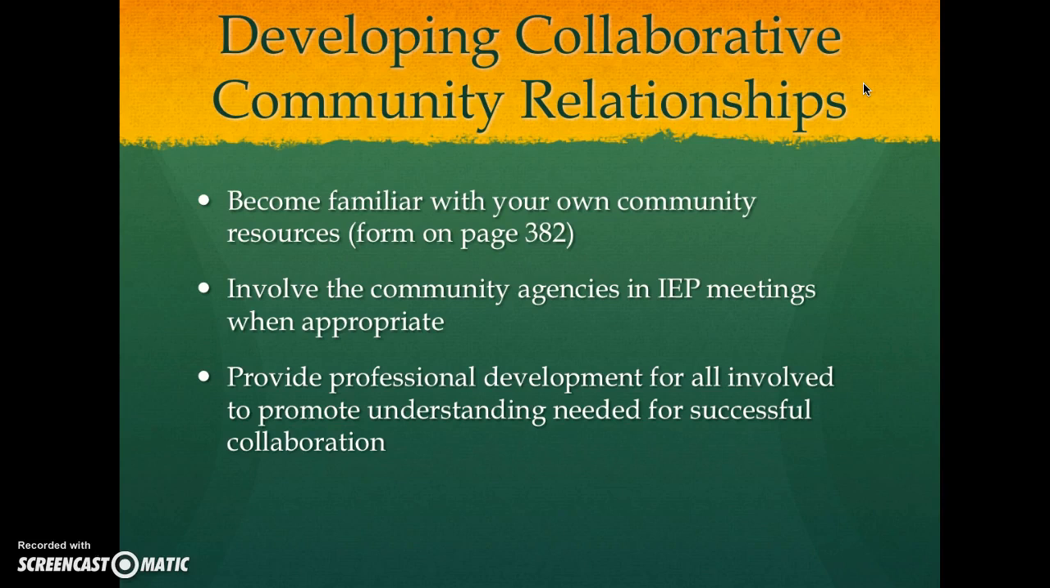So we do need to become familiar with our own community resources, and if they are limited, those that are available outside the community for specific needs. There's a form on page 382 that's a nice kind of laundry list of what we should know. And hopefully your school has that kind of information or someone there does. But if not, it would be important for some folks on a collaborative team to gather that information so that you have a team that's well aware of the resources and the people that they need to be included